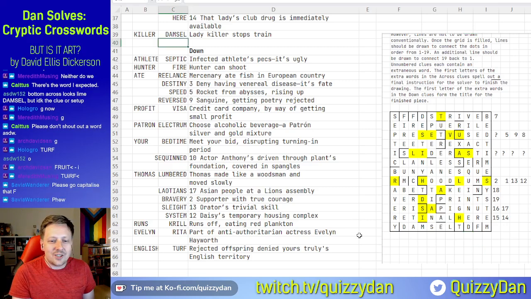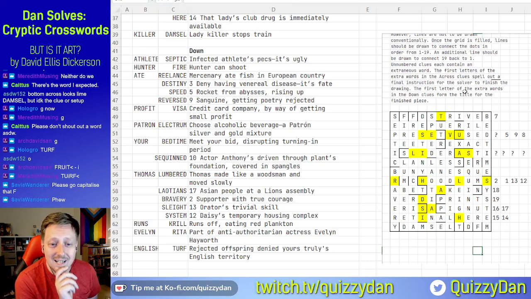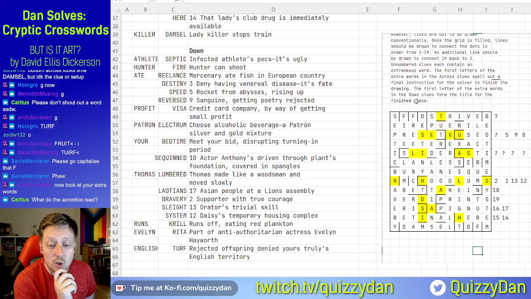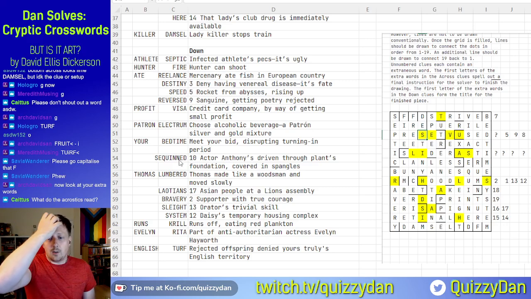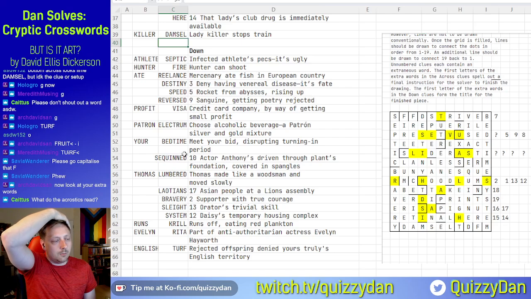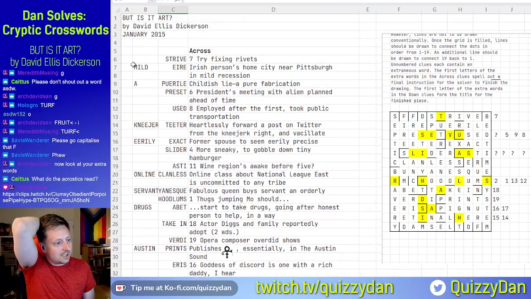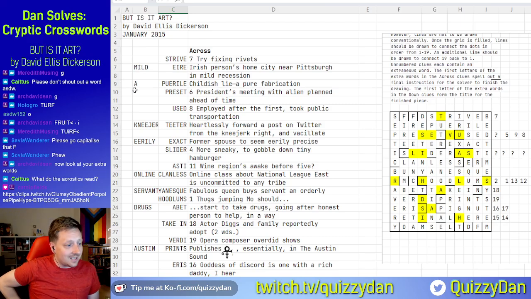Indeed. So we've done the fill. Let's now do the final bit. So we now need to join the dots. Oh, so we actually need to work out which one is which. So this one. So we still need this one. Okay. Oh yes. So the acrostics read. So we need to take the first letter. The acrosses say make